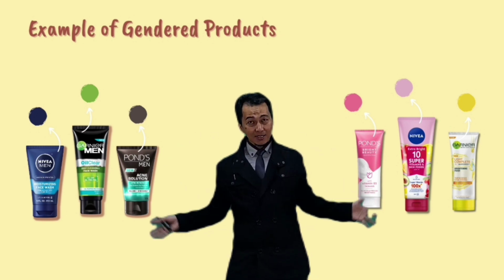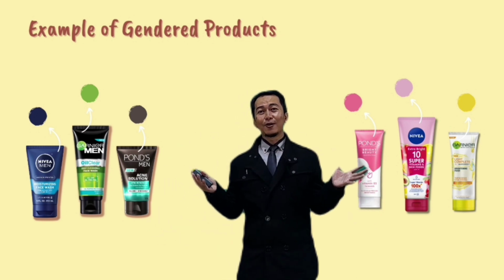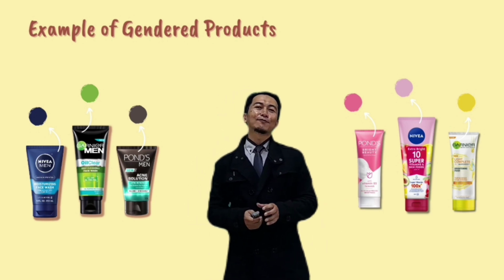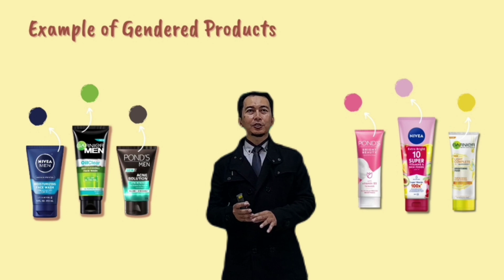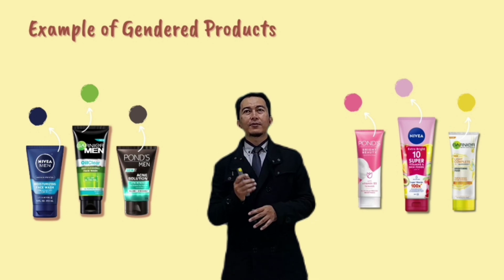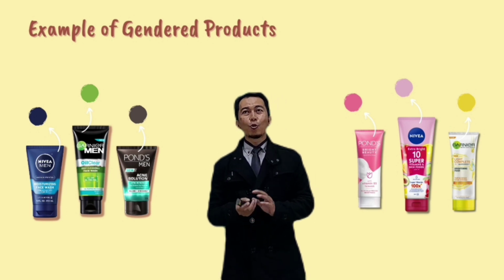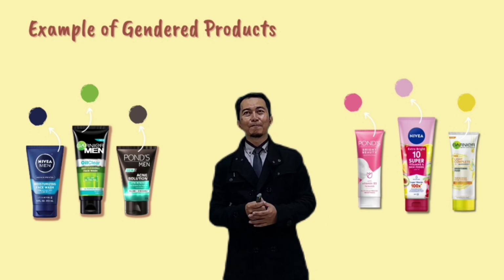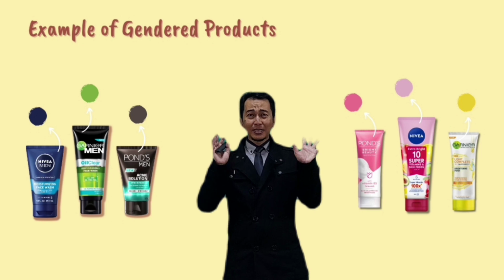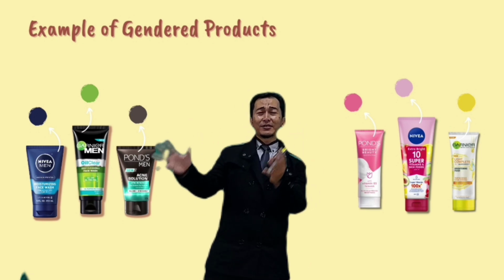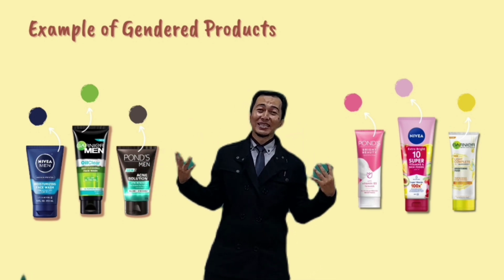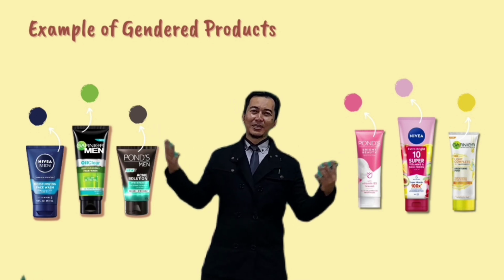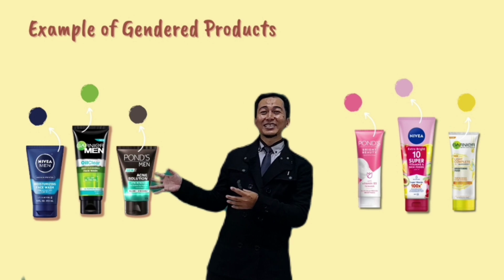So in the past, probably this cosmetic was for women, but now this product is for men. And in the same product category, we also have Pond's White Beauty. This is for women, and then Garnier, and then Nivea. Probably this is for the first one. The slide is for men, and then the second one is for women. Probably we have to contrast them: women first and then men, because